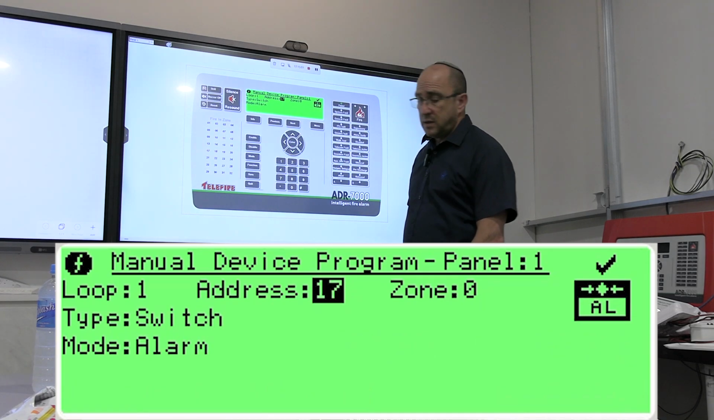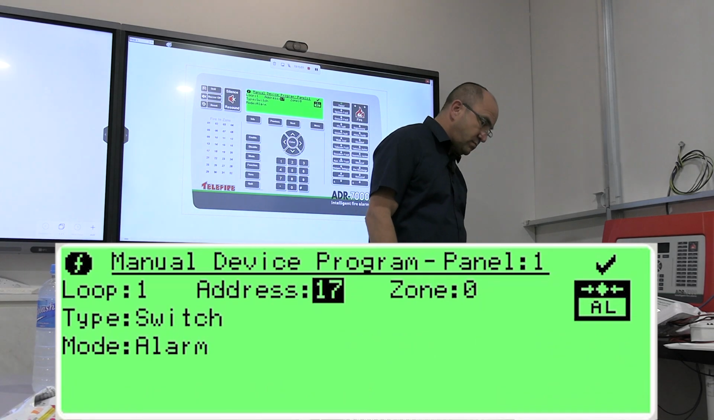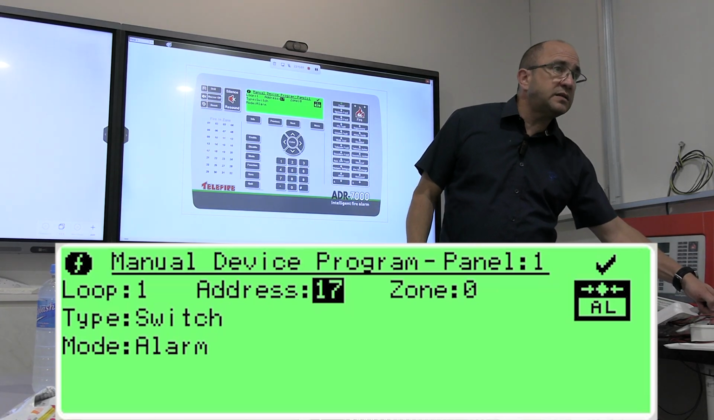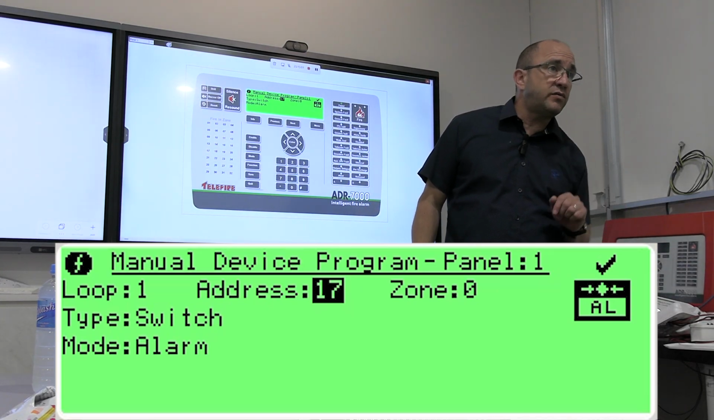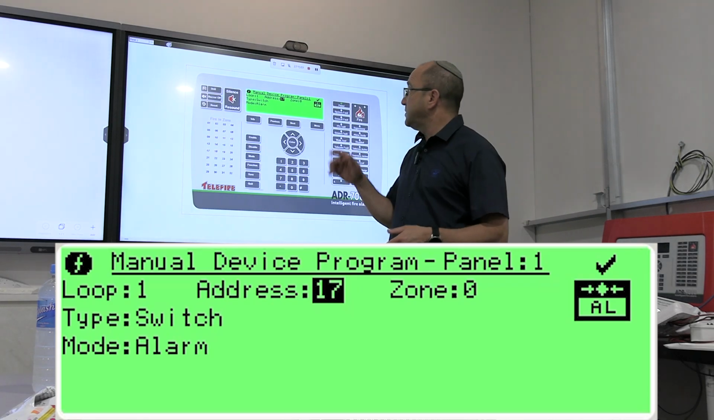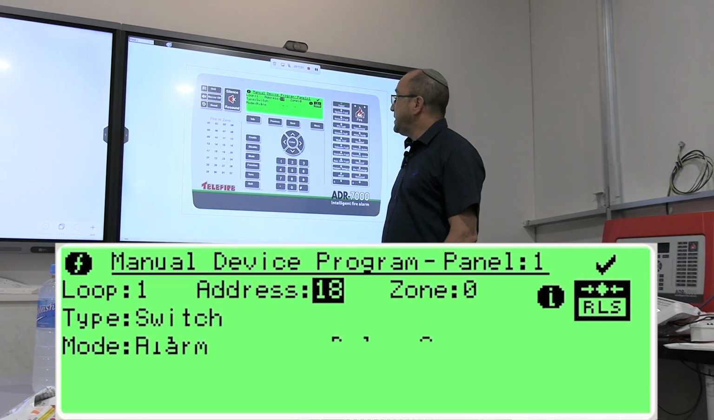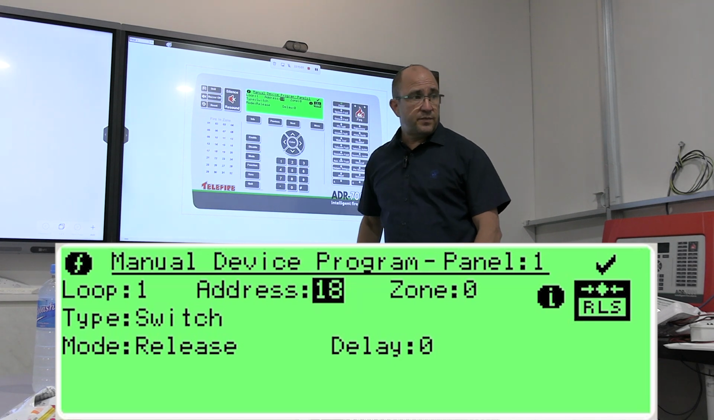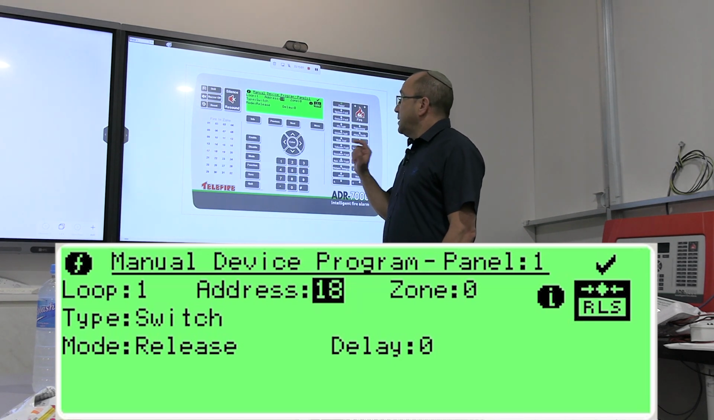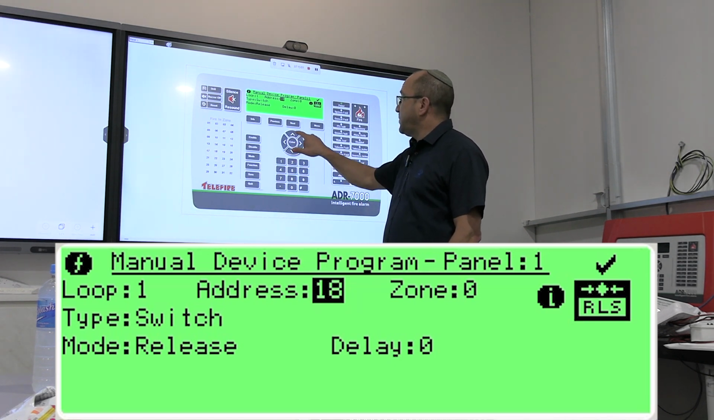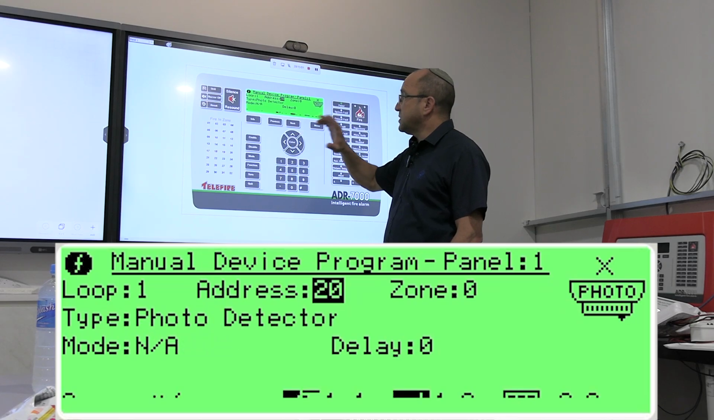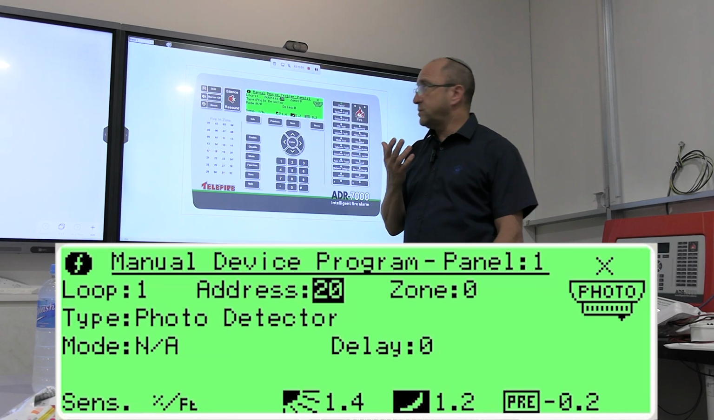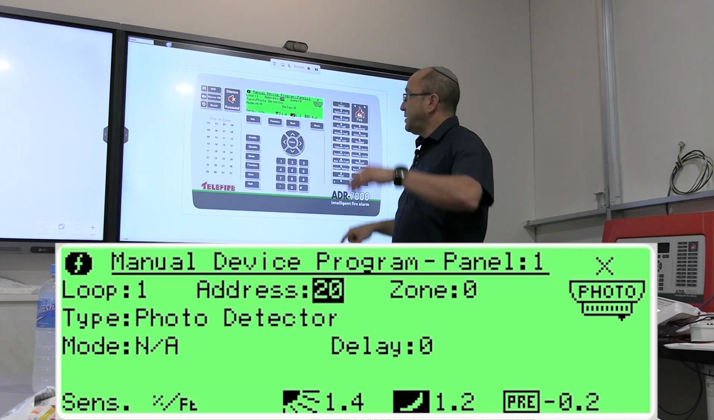17. Which one is 17? 17 is the third address of the ADR-7000, an IDC. I'll leave it. And 18 already programmed is a release switch button. I'll go up to 20 because I don't have 20, but I would like to teach you something. So address number 20,